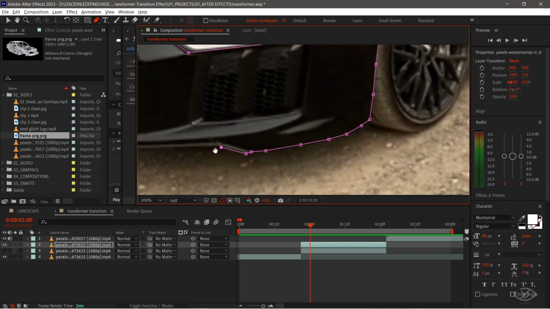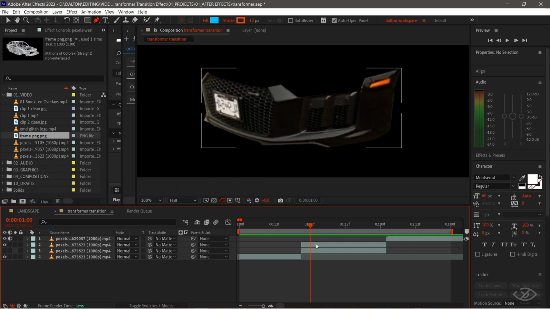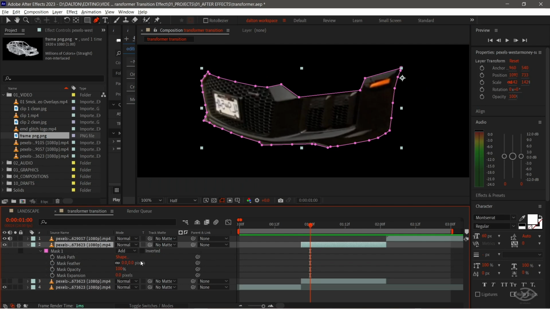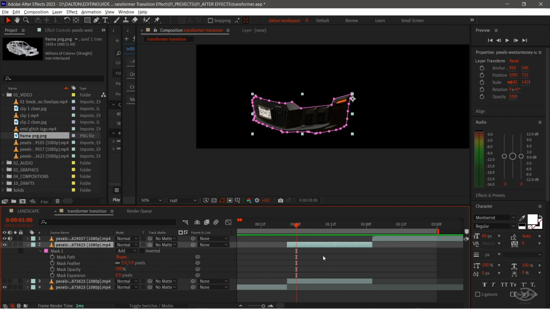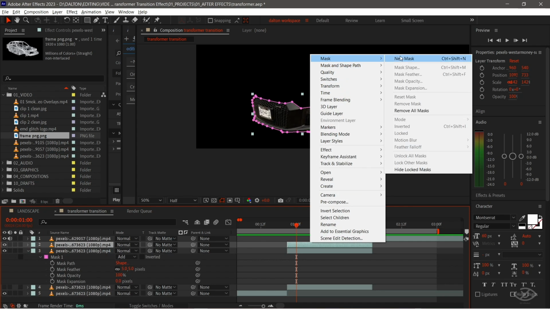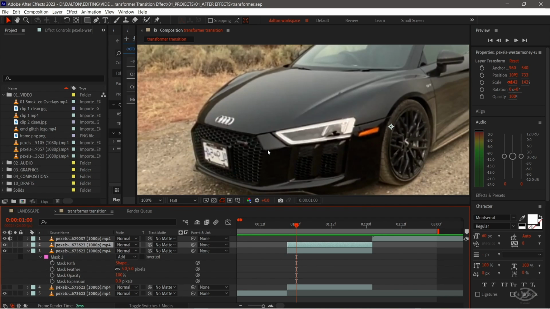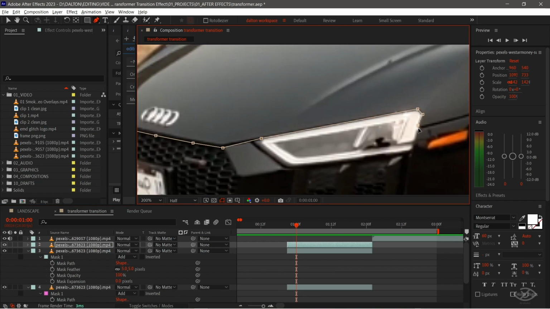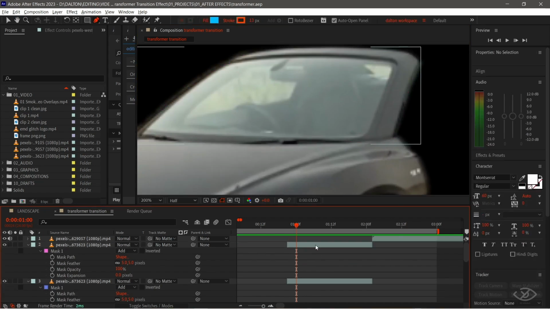I'm gonna start from front then going back. Now that we already cut out the first part of the car, press M on the keyboard twice to reveal the mask properties. Then change mask feather value into 5. Next, duplicate the clip, then delete all the masks, select the pen tool and start to cut out another part of the car. I'm just gonna repeat this process until the car has been divided into all of its component